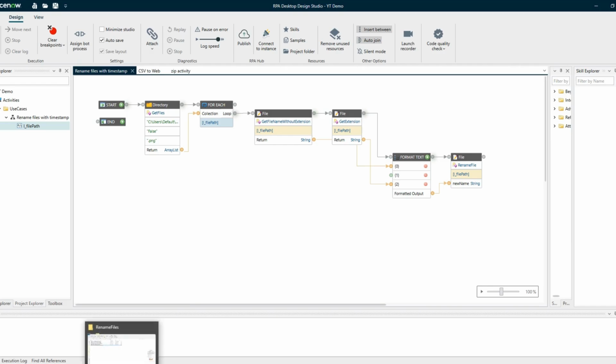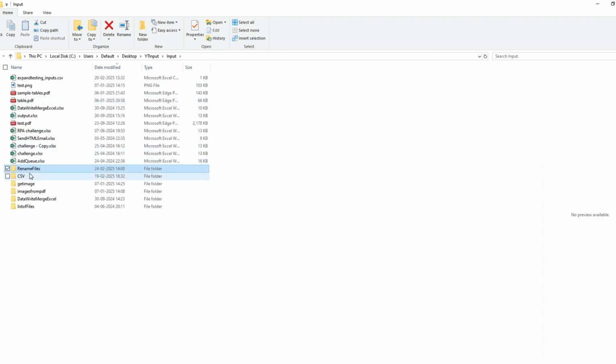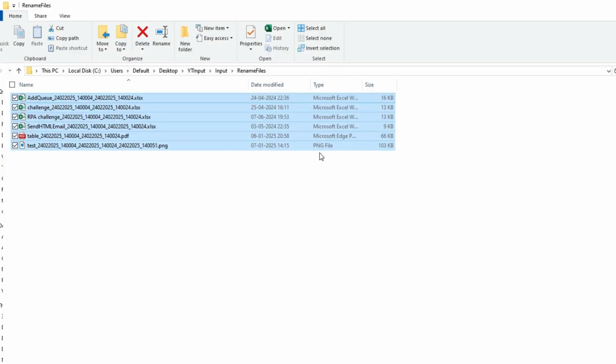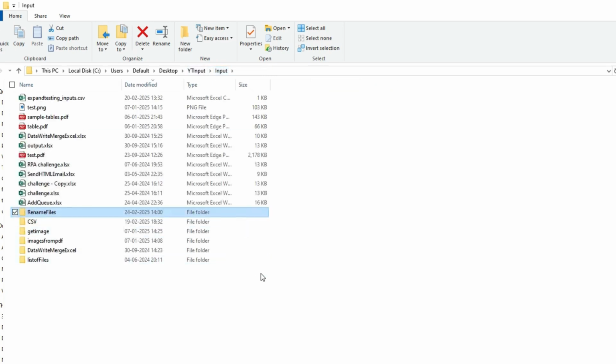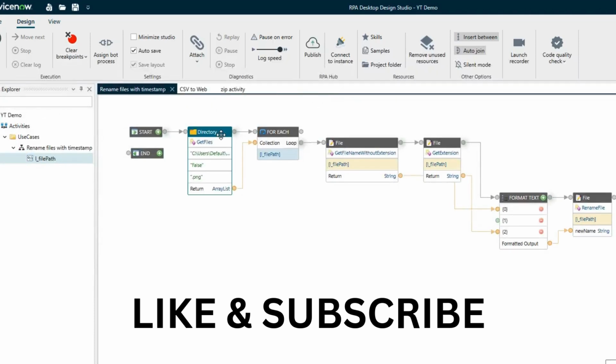So let's look at the folder we have. I'm just going to use the rename folder itself. In this input I have a folder called rename files, and inside I have some specific files. Now our use case is going to be to copy all the files from the rename folder and paste them in a different folder. Right now I do not have any folders created, so let's create a folder and we'll copy the files to that new folder. As I'm going to use the same thing, let's use the same for each and